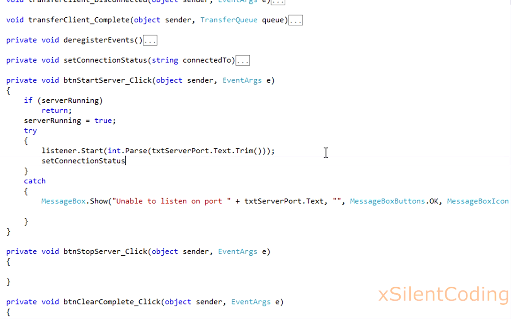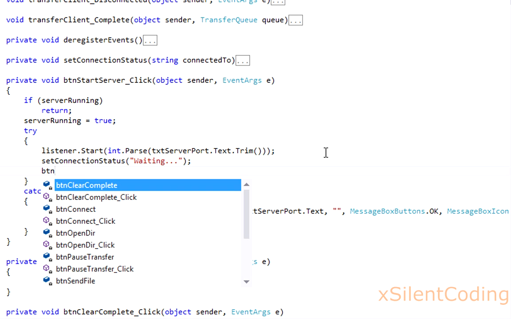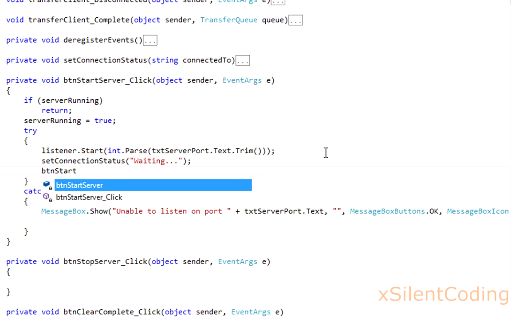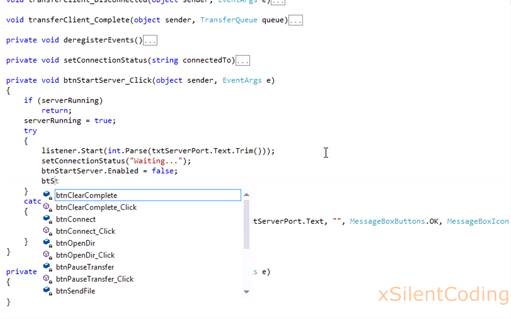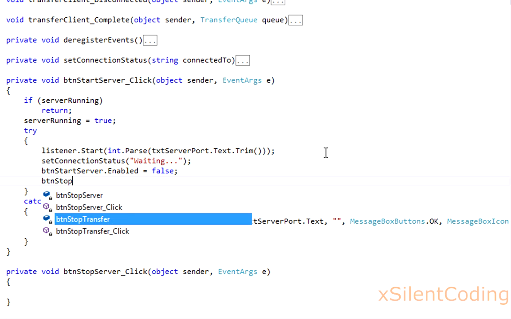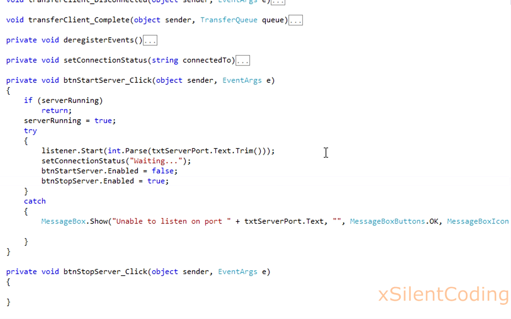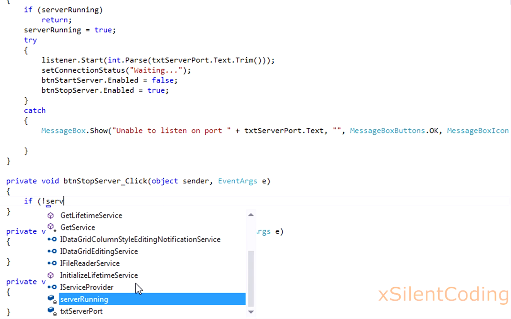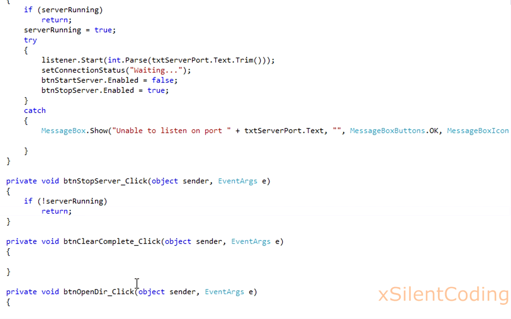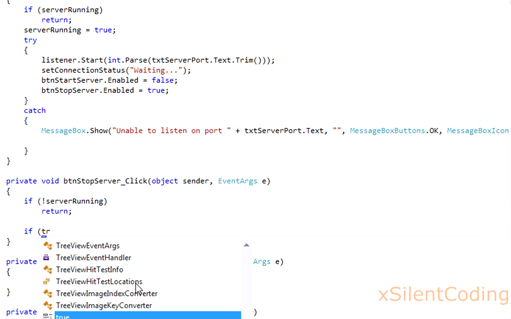Okay, now let's add set connection status waiting. btn start server dot enabled equals false. btn stop server dot enabled equals true. And our stop code, if not server running, return if transfer client